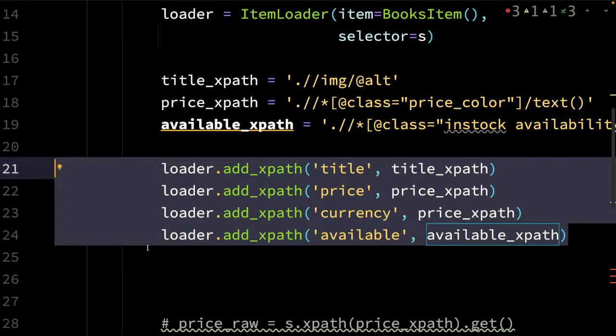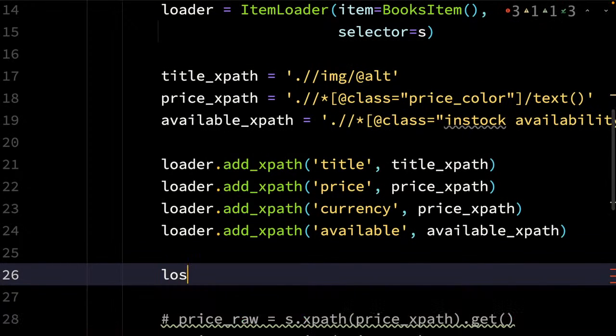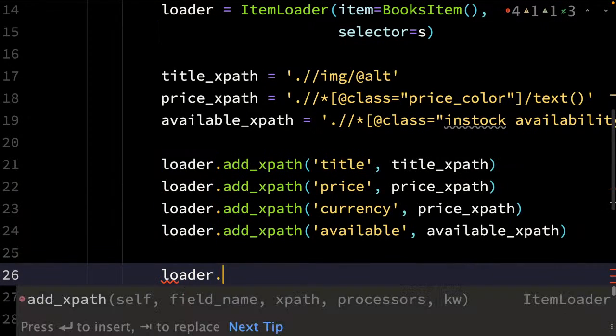Whatever you have written in the input processor will be executed, and these are nothing but functions. So if you say, do this before you put it in the item loader, it will do it. Now, the output processor will be executed when you call loader.load